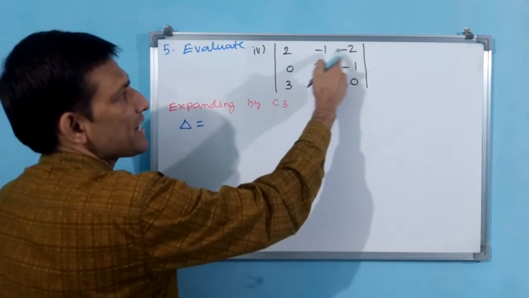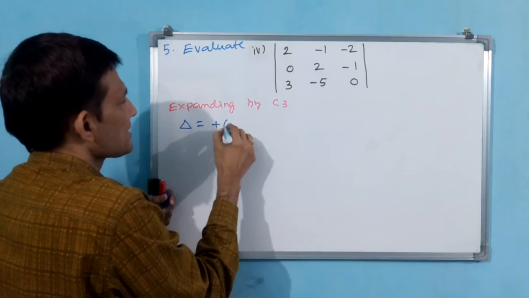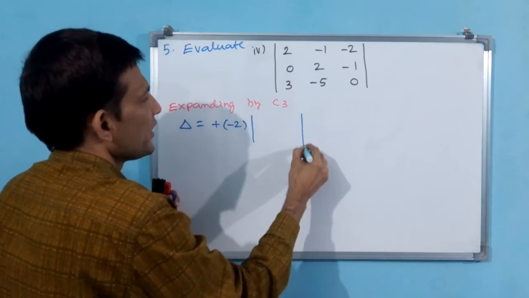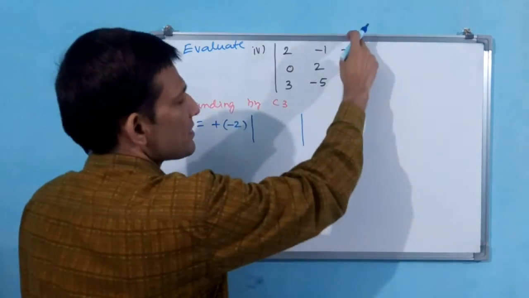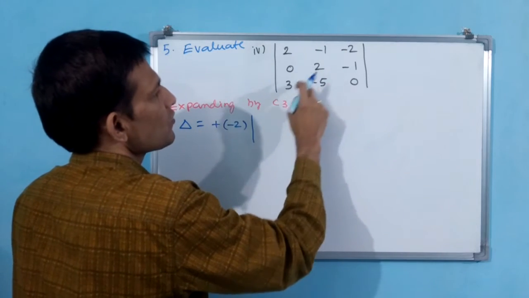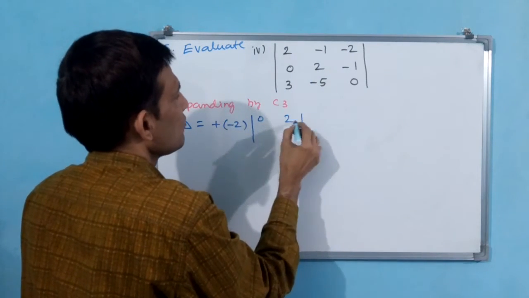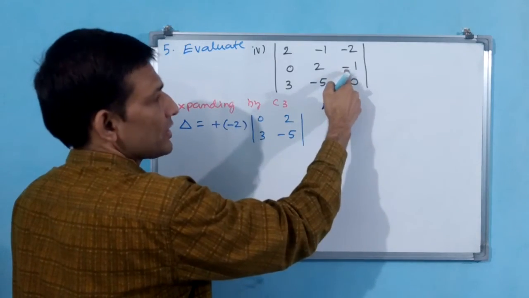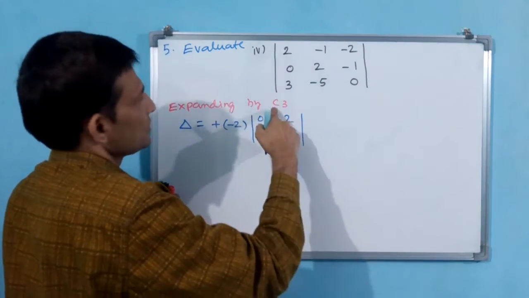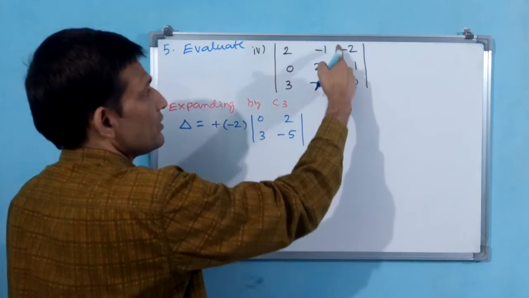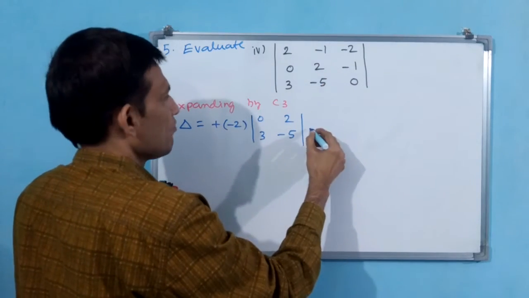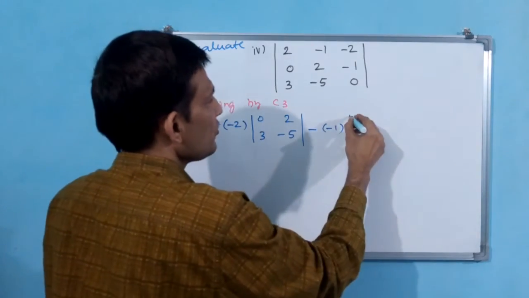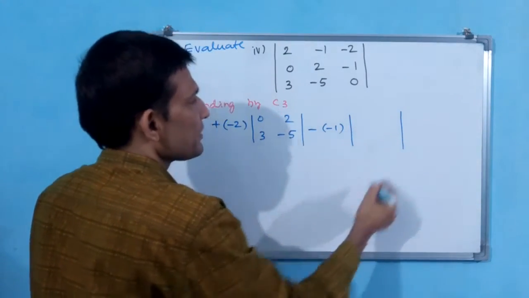Okay. Write down delta is equal to, you see plus minus plus, that means plus but minus 2. Determinant you keep. Okay, row 1 column 3 you have to close, then 0 2 3 minus 5. Okay, then see next this one you have to take column C3. You see plus means next minus, minus of minus 1. Okay, 0 you need not take third one. Let us finish first this one.